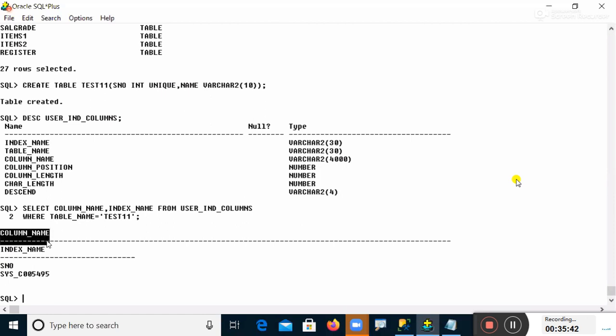automatically your system creates an index. Here you can see the headings: column name is serial number, the second one is index name, and the index name is SYS_C005495. So this clearly shows the column name and index name, on the test11 table, because my table name is test11. So whenever a user creates a table with the unique constraint, your system automatically creates an index object. In the same way, the next one I said was